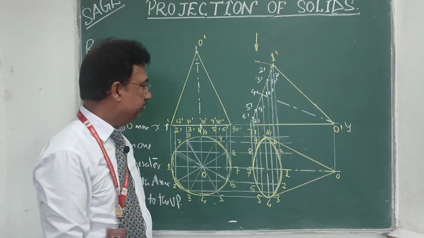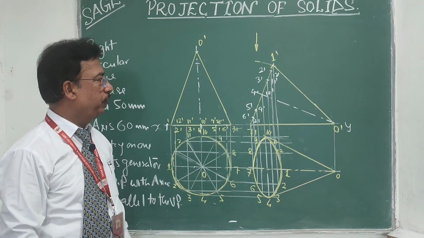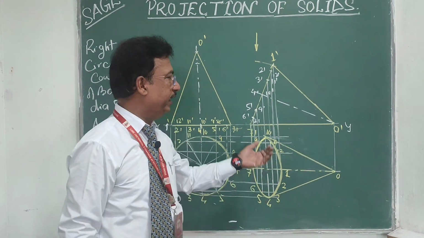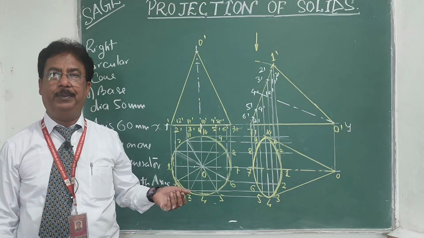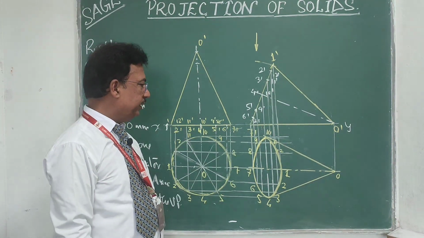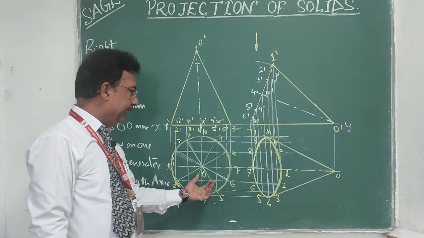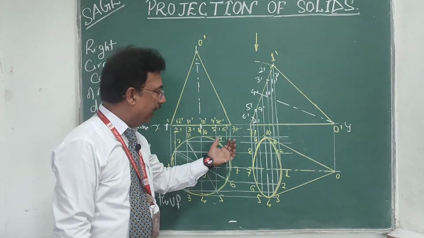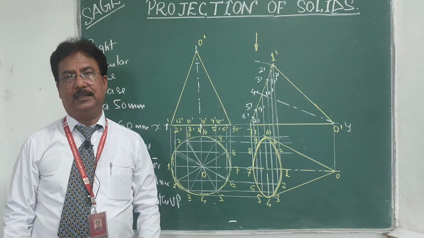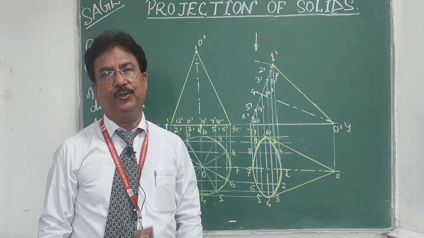So this is one of the simplest problems of the cone, when the axis of the cone will be inclined to HP, but in the problem they told us that the cone will be lying on one of its generators on the HP or on the ground. So this is a two-stage problem. I hope you understand the concept. The important part will be dividing this circle exactly into 12 parts and properly drawing the figure. I hope that you understand the concept. Next time we will come with another problem on projection of solids. Thank you very much.